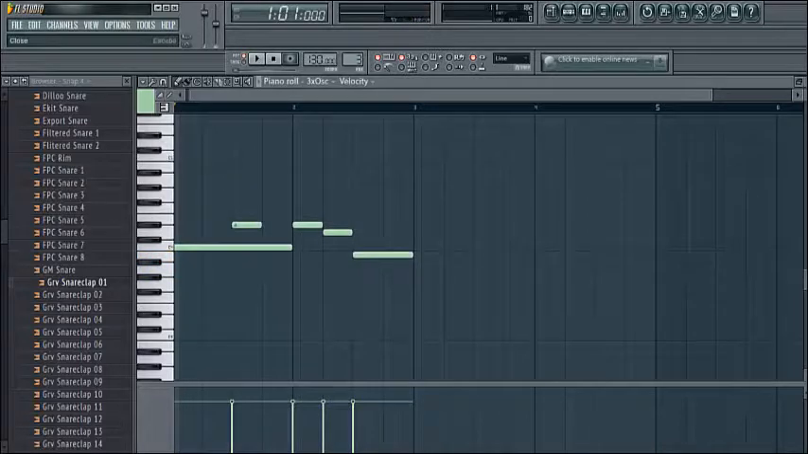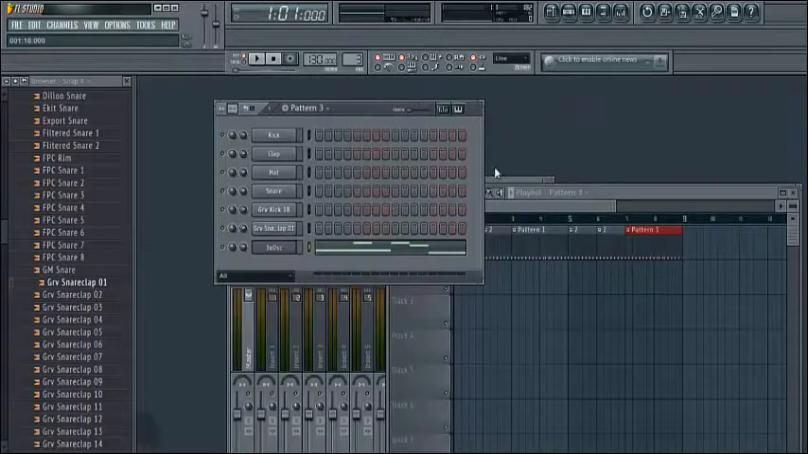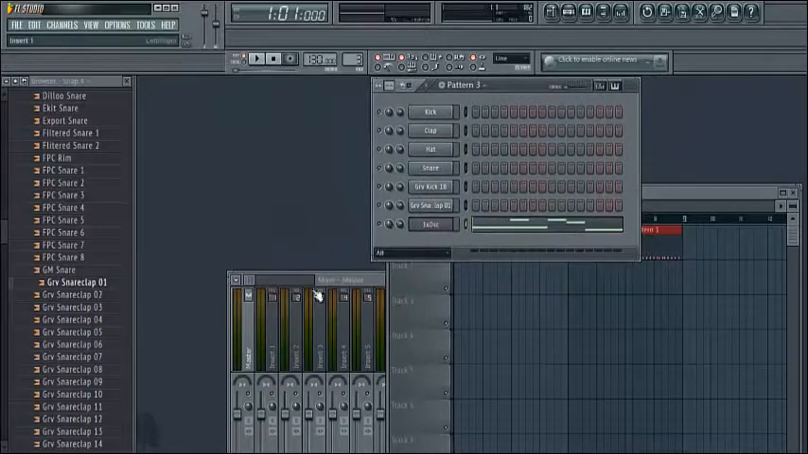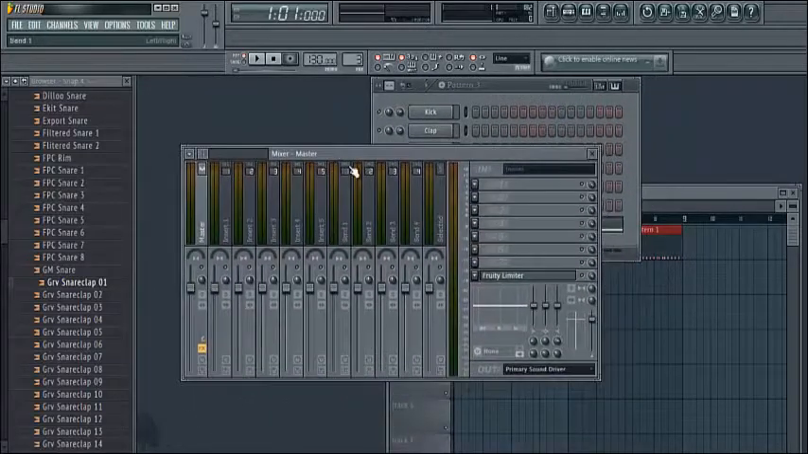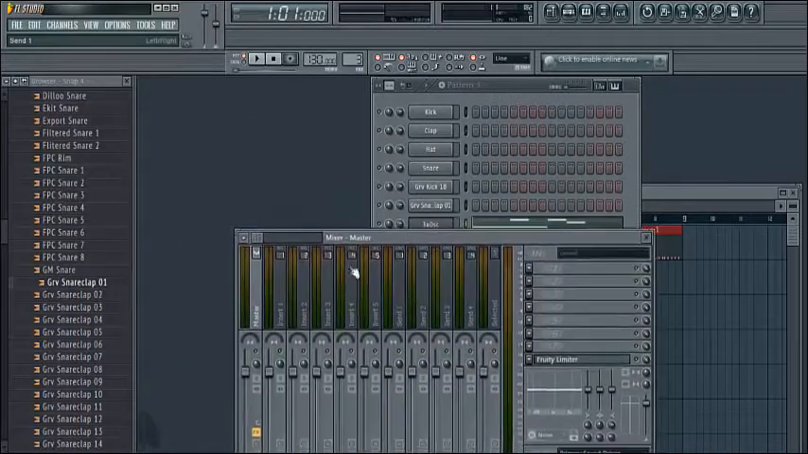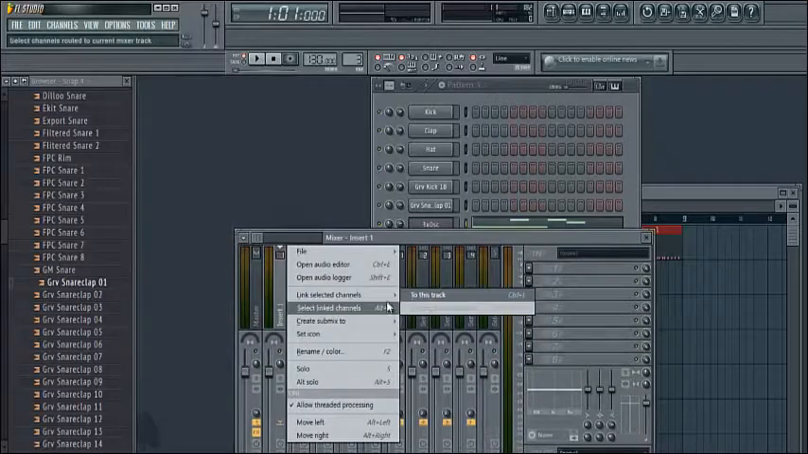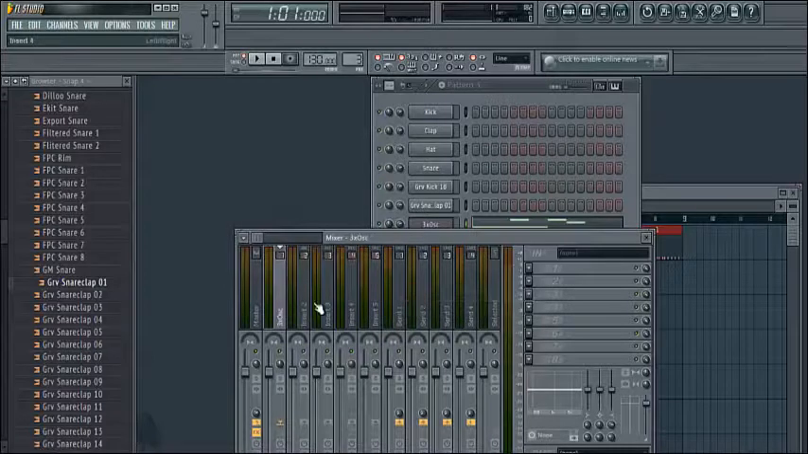Sounds cool. So that's going to be our piano roll, and then we're going to start adding the wobble. What we're going to do is go into our mixer. This is probably one of the most important parts for the dubstep sound. So we're going to go into link selected channels to this track. So we're going to adjust the volume because it's a bit loud